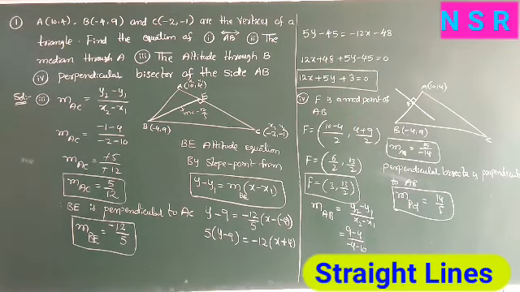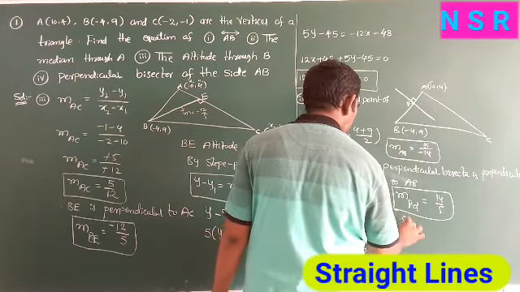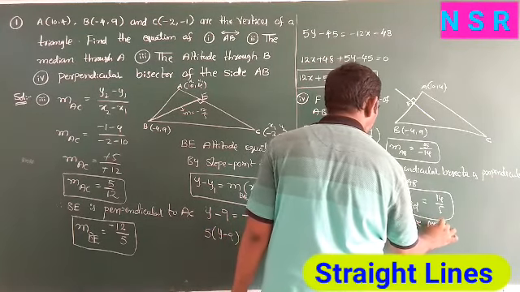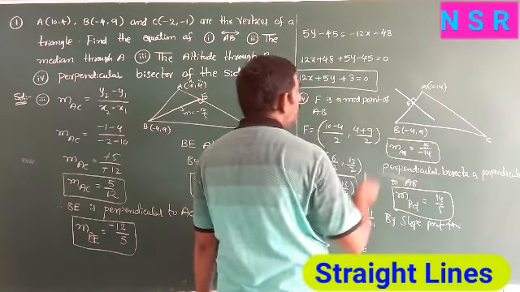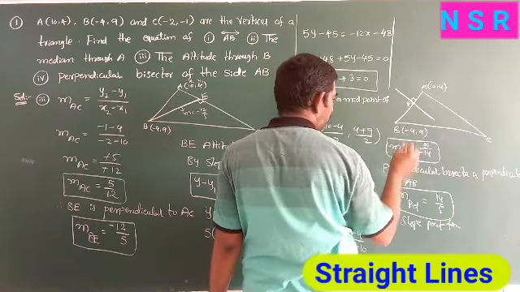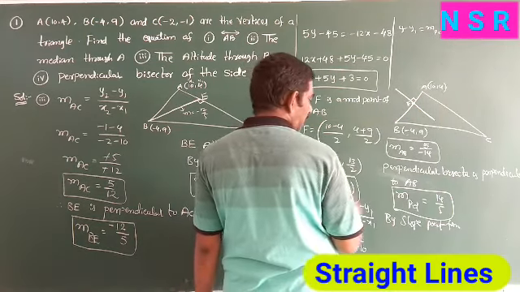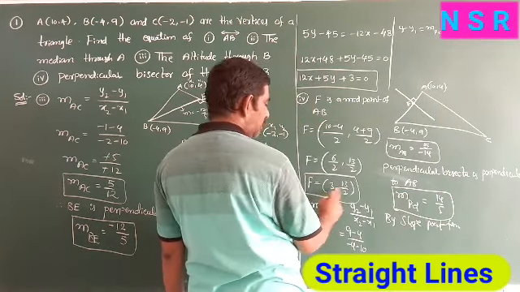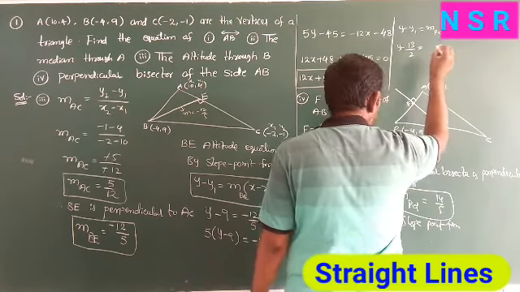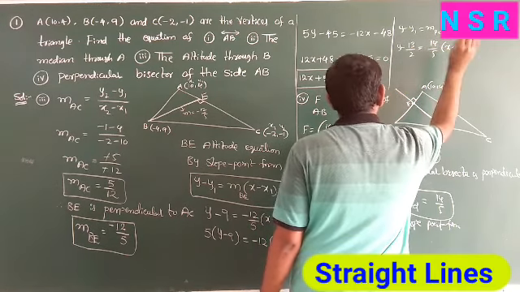So already we have a point on the perpendicular bisector and also the slope of the perpendicular bisector. Now here also apply the slope point form. So what is the slope point form? y minus y1 equals m of the perpendicular bisector into x minus x1. Here F is the point and the slope is applied here. So F is x1, y1. So y minus 13 by 2 equals 14 by 5 into x minus 3.